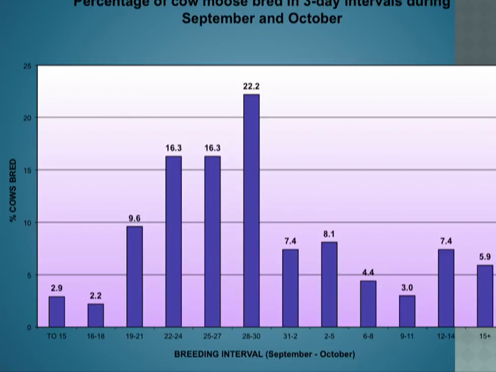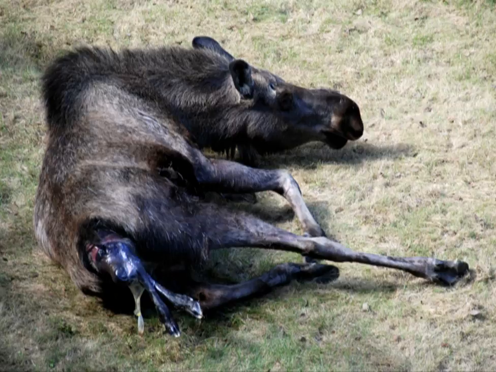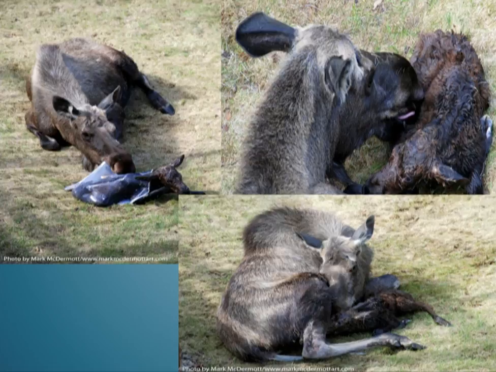I've looked at a lot of reproductive tracts, probably more than most people in North America have, and the average breeding date is about the last 3 days of September. And the latest I've had one breed is November 21st, and I have him in a vial at home. He's the size of my thumb. The earliest date was August the 21st. And friends of mine in Alaska took this and sent it to me: a cow in the backyard giving birth in the city of Anchorage. And it's quite phenomenal that they can get to see this in their backyard.